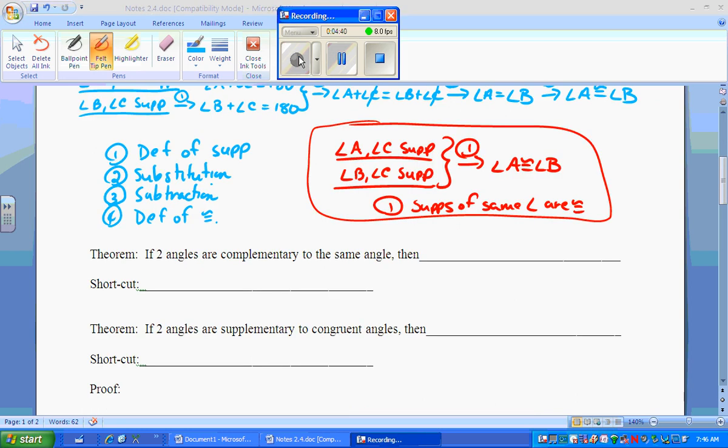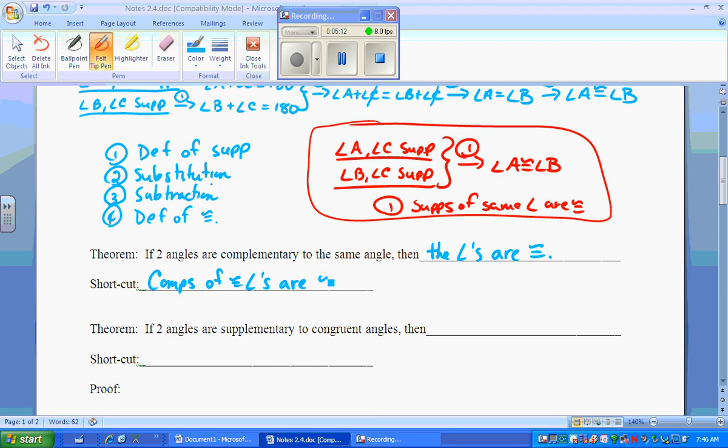We're going to now look at the complementary one for the same idea. If two angles are complementary to the same angle, then the angles are congruent. So it's going to be the same proof as the previous one, but instead of using supplementary, we're going to be using complementary, and instead of adding to 180, it's going to add to 90. But the proof is going to look the same. The shortcut would be the complements of the same